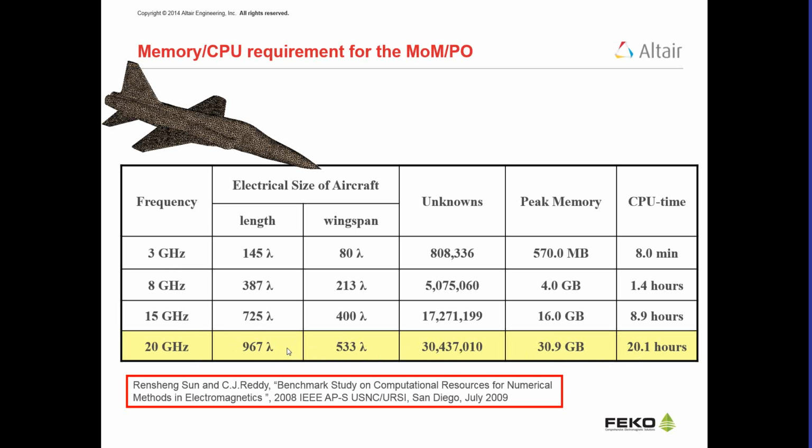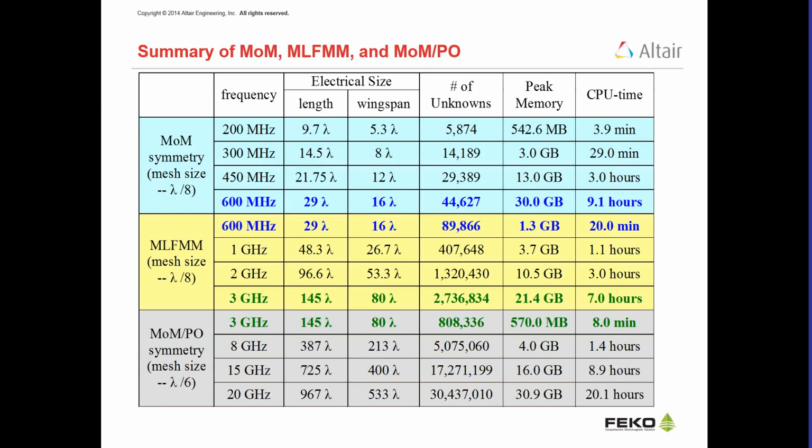Because the size now, we're talking about a problem 1,000 wavelengths by 500 wavelengths in size, which is very impressive considering that we use the same computer with limited memory, 32 gigabytes, and could go from very low frequency using method of moments, very accurate solutions, and also using MLFMM, very accurate, and also using physical optics, which can give us reasonably good answers at higher frequencies. So this shows the power of FEKO for this type of application, going from electrically small objects to electrically very large objects, using not only the full wave solution but also the asymptotic solution and a combination of the